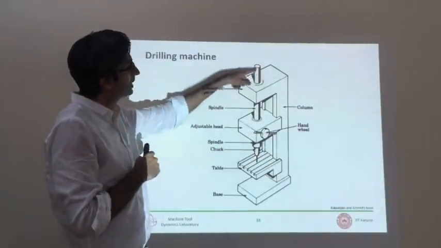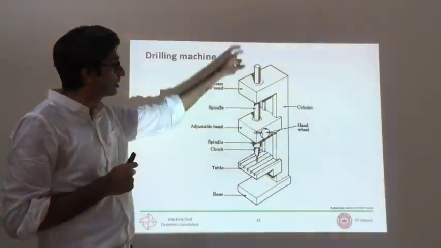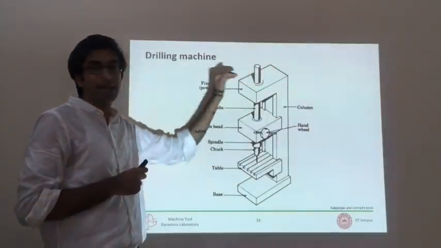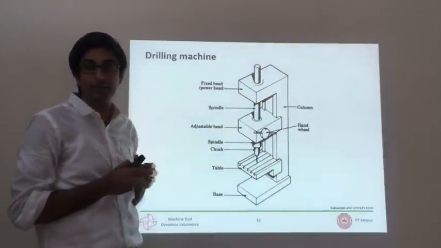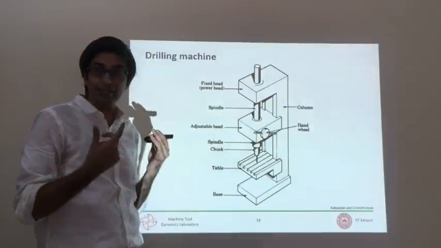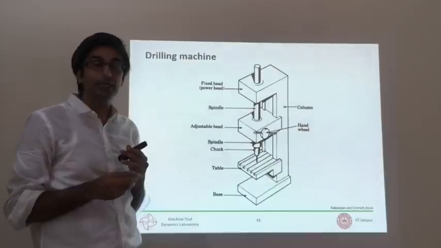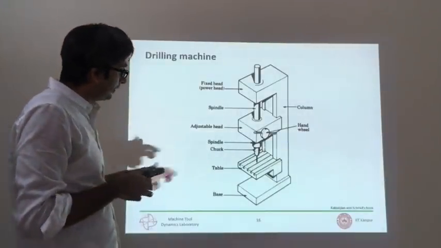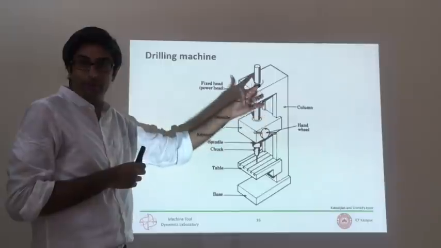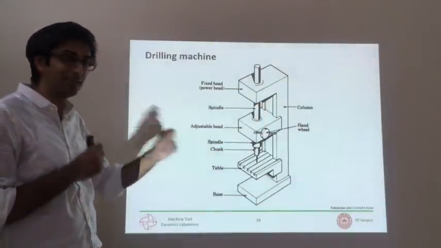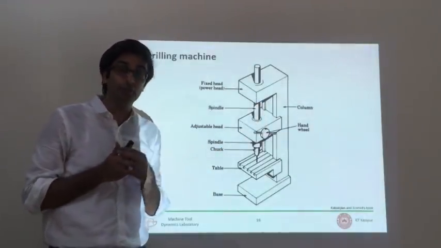This is a very simple machine, very simple working procedure. The only drive is being given to the drill shaft or the drill spindle that comes through a belt pulley arrangement or a set of gear trains. And you can change the speed like you can in the turning machine, like I showed you. I spent a little time talking about the chuck principle for the drill machine because it's a little different than the turning machine, but it's also really nice.